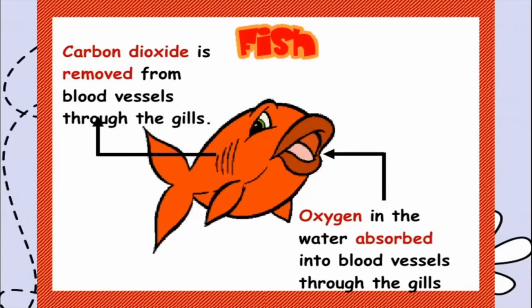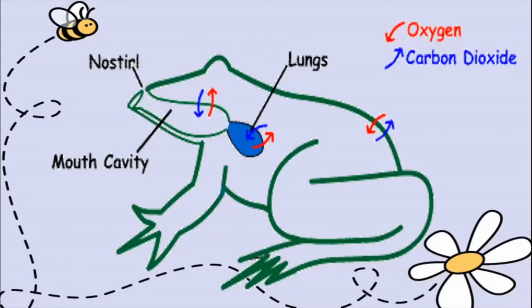See the image of the gills. Can you see here? This is the image of the gills of a fish. Alright, the fish sometimes takes in water through the mouth also, and then all the oxygen is absorbed from the water by the gills. Okay, so this is how fish breathe.